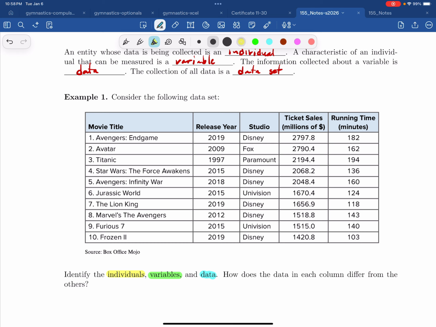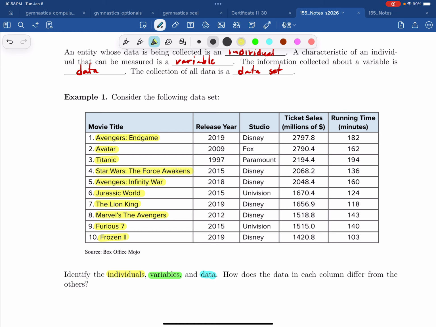The individuals are the movies that are being considered. Actually, let me not include the numbers. I'll just look at these guys. These are the individuals, right? We found the top 10 grossing movies. We ranked them in that order, and we want to collect data on them,